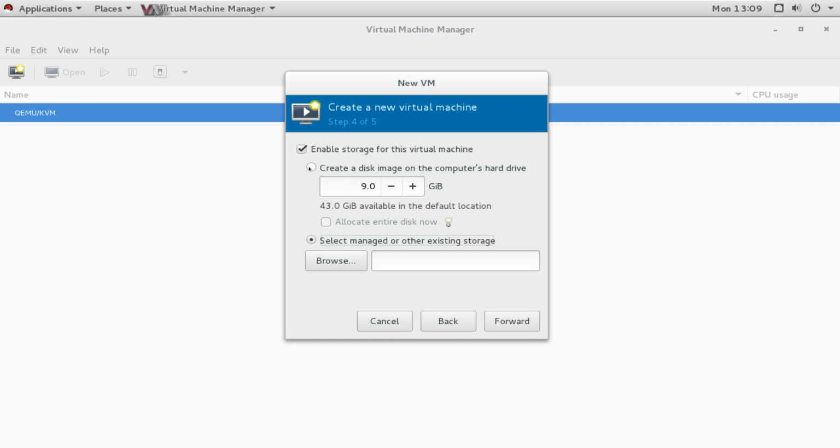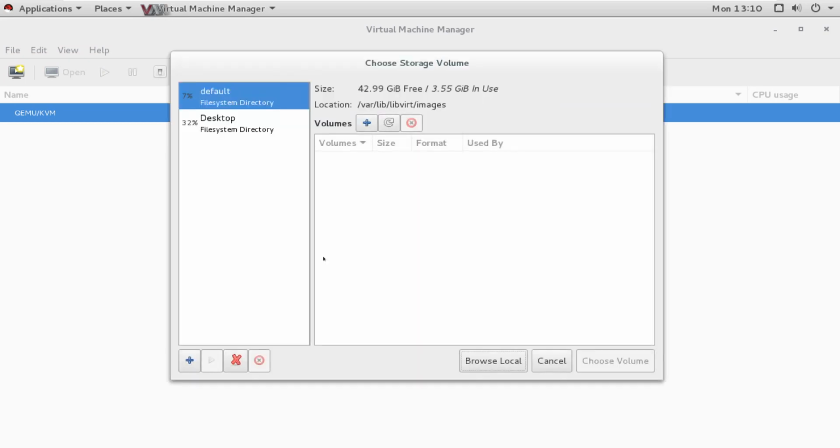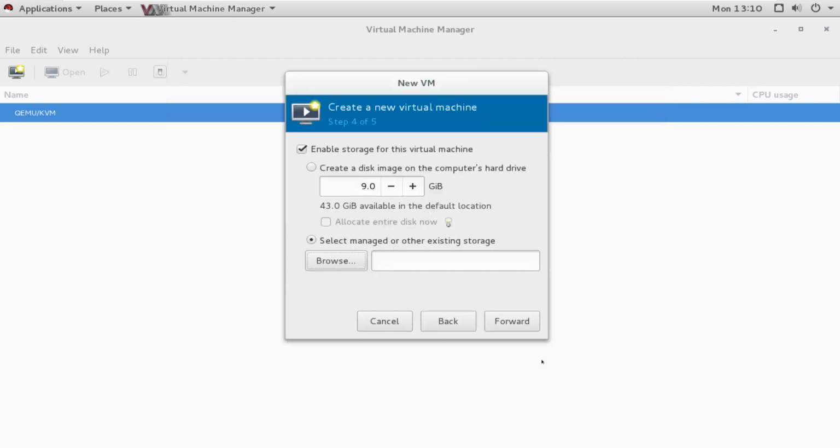So I will go with this, create disk image on the computer's hard disk, and again it is going to create it under the var directory. For example, if I say browse, it takes me to that same location. So it gets the image from there, and it is going to store the image we are creating in the same directory.